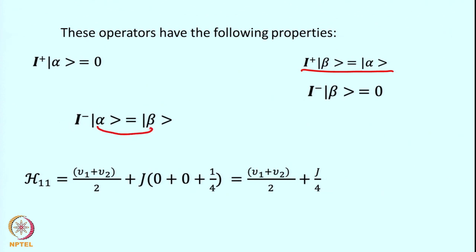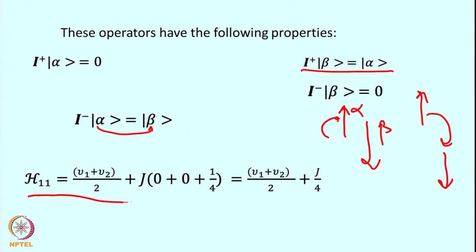So, alpha will be lowered to beta state. Like, say, the up state, that is the alpha state, will be lowered by this lowering operator to the beta state, and here I plus is applied to the beta state. So, this is a beta state and it will be raised by the raising operator to the alpha state. So, one can now calculate the Hamiltonian elements H11, which will be given by mu 1